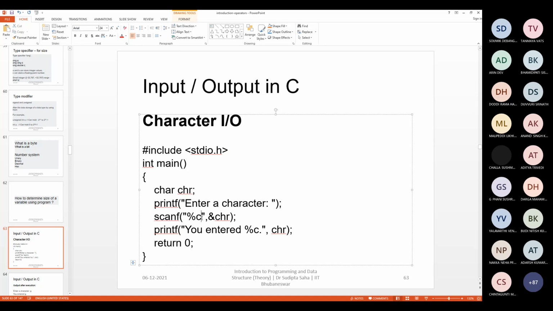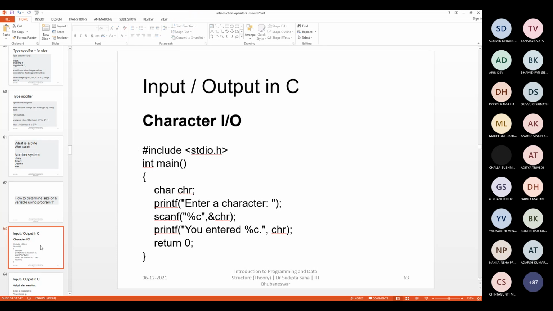So there is a big difference. If you try to read using %d, that will read the actual value. Say if I simply write %d and then &chr, and we replace %c by %d, what will happen? If I type 1, then 1 will be directly stored inside chr. No conversion will happen. But if we write %c here and I type 1, then the ASCII value of 1 will be stored in chr, not the value 1 directly.